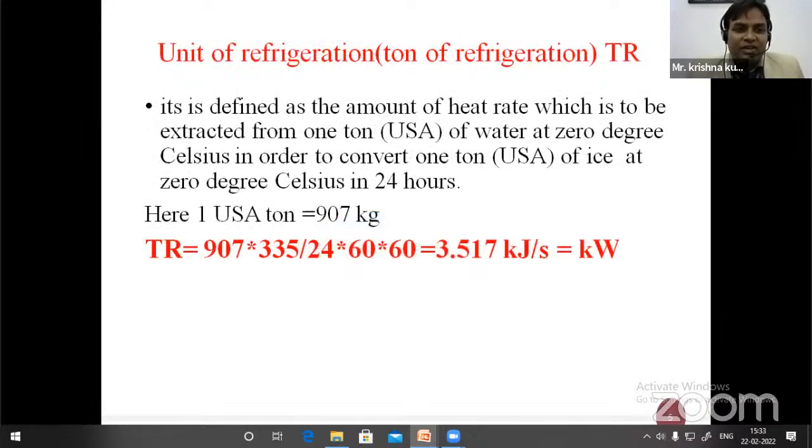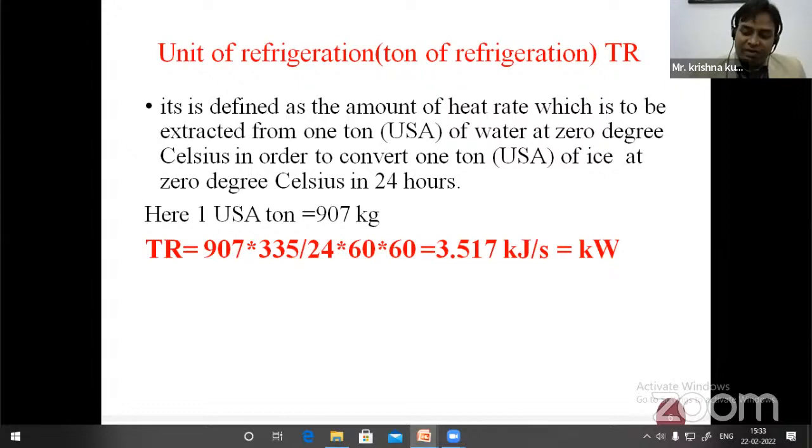Then one famous term in refrigeration or air conditioning is the unit of refrigeration, or tons of refrigeration. If we go to the market to purchase an AC, generally we talk about a 1 TR AC or a 1.5 TR air conditioner. So what is that actually? It is defined as the amount of heat rate which is to be extracted from 1 ton of water at 0 degree centigrade in order to convert it into 1 ton of ice at 0 degree centigrade